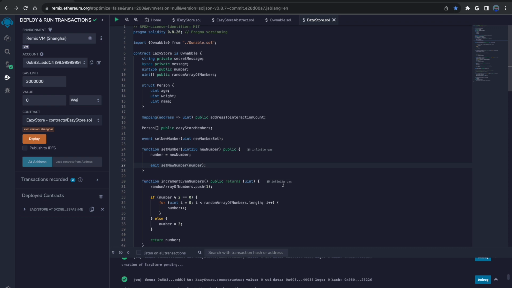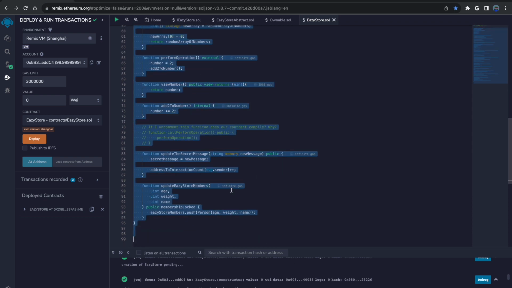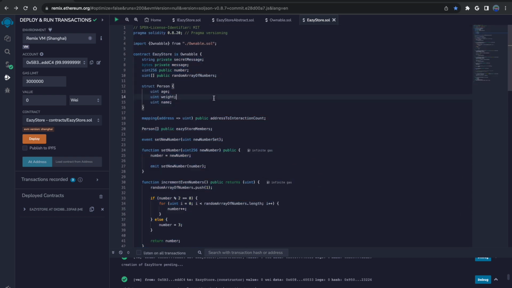Well, what I mean by that is you can change the storage of the contract, but the actual way the code is set up, you cannot change that. This code will always be this EasyStore contract. So that's why we really want to stress that once you deploy, it's important that you have your contracts audited and make sure that you have really foolproofed and secure-proofed the contracts. You cannot reverse this deployment.